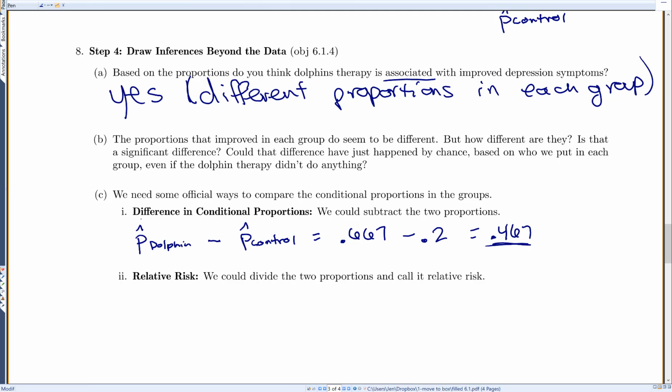For the rest of the chapter, we're going to spend a lot more time doing the difference because it's a little bit easier to teach mathematically. Okay? But anything we can do with the difference in conditional proportions, we can also do with relative risk. Okay? Relative risk is very popular in medical sciences. You'll see that all the time if you read any of their journals. So for relative risk, we divide the two proportions, and then we call it relative risk. So we'll do the sample proportion for the dolphins over the sample proportion for the control group. So we'll do 0.667 divided by 0.2, which gives me